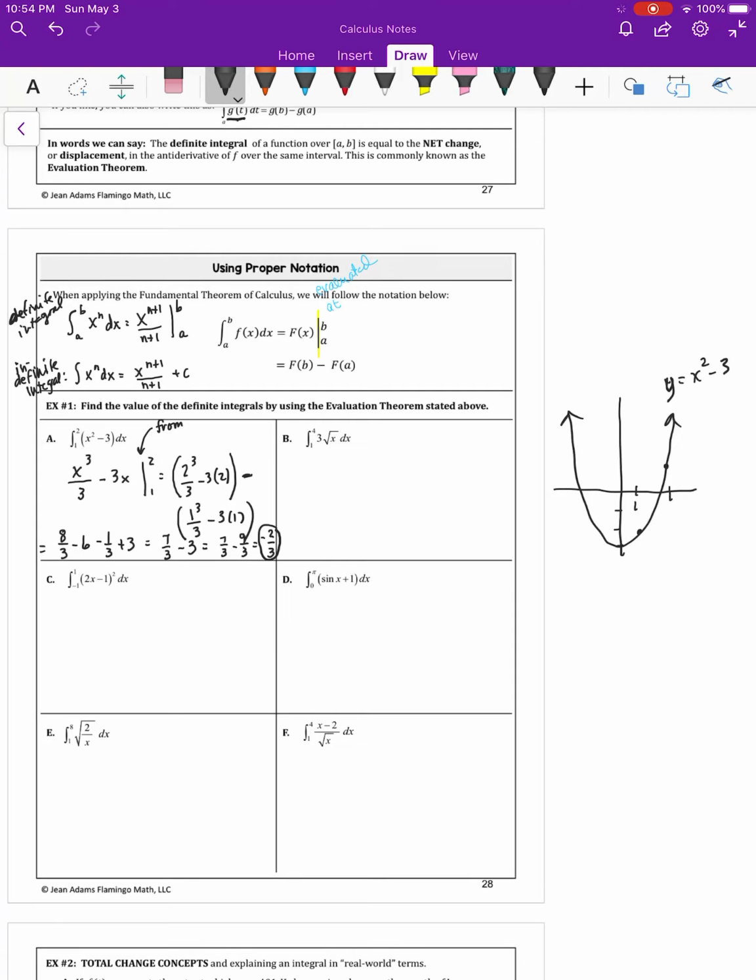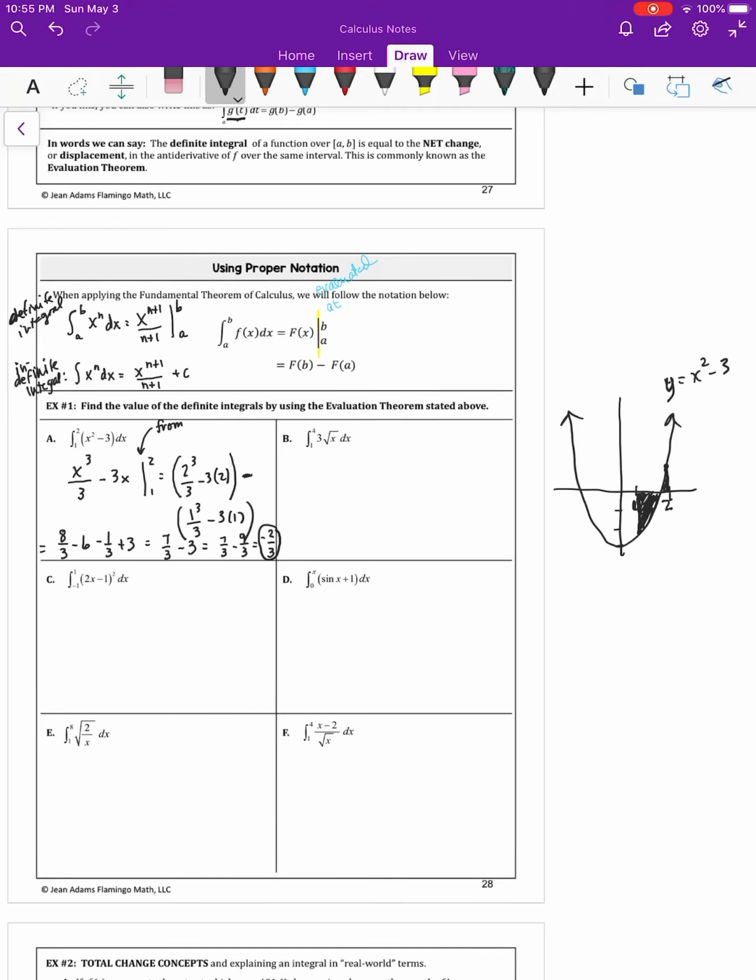At 1, we'd have negative 2, and at 2, we'd have positive 1, right? 2 squared is 4 minus 3. So they're saying that if you took the area under the curve,